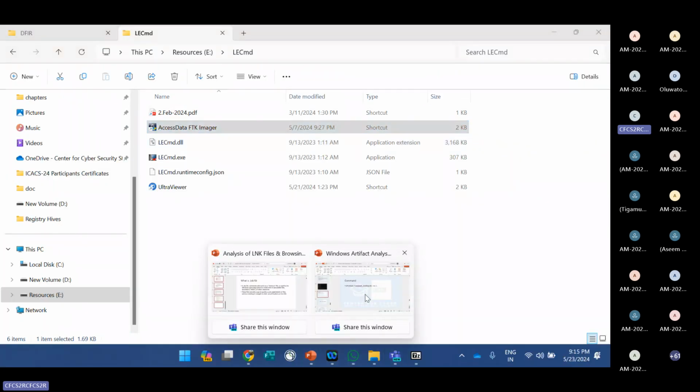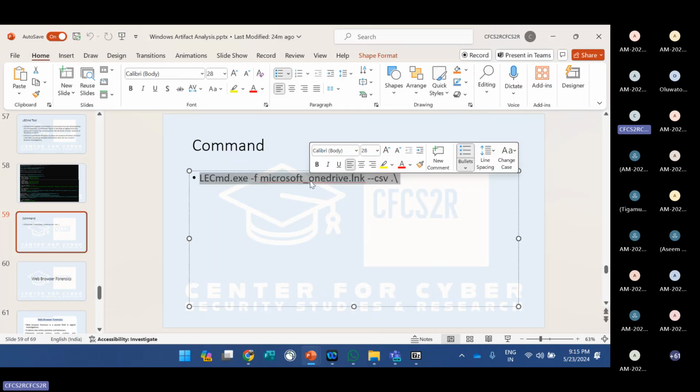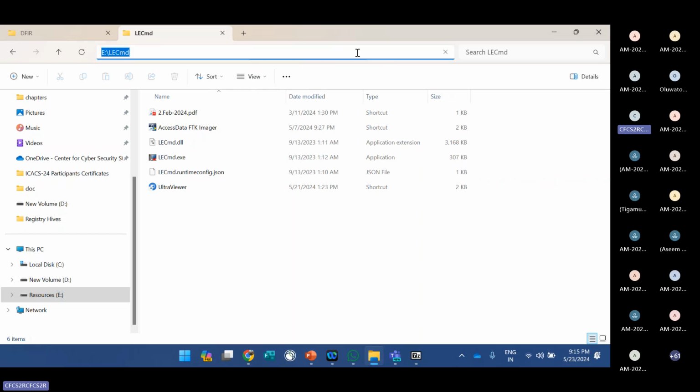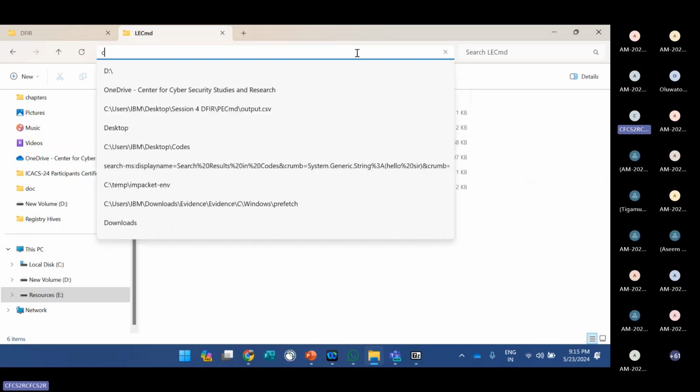Okay. So what is the command for this? This is a basic command we can use. So how are you going to access lecmd.exe? Just directly go to the